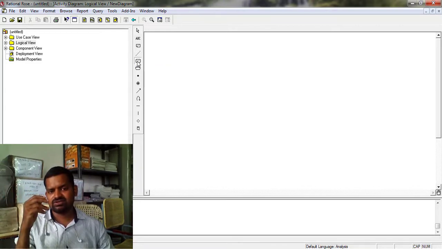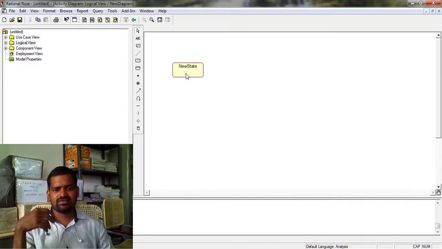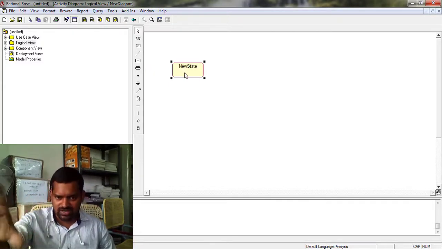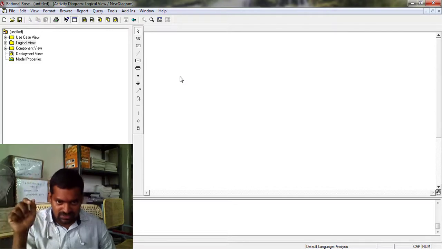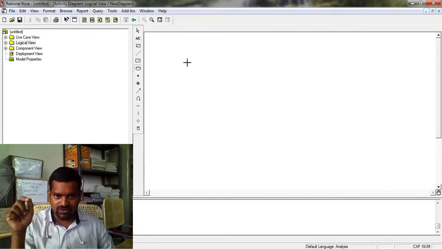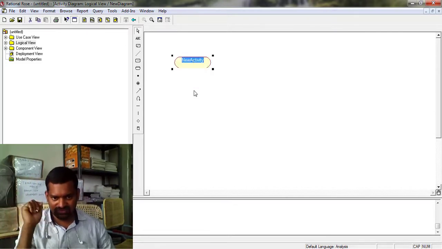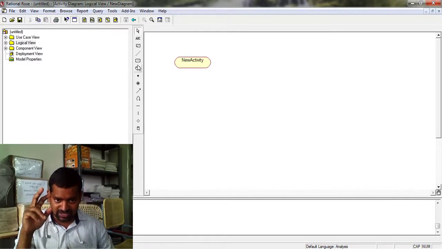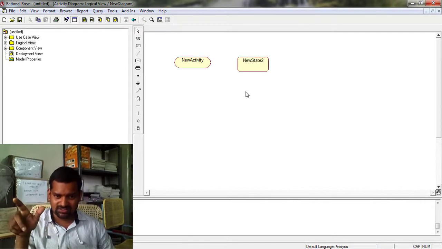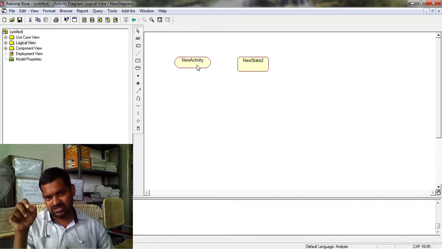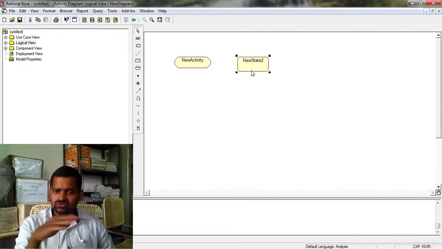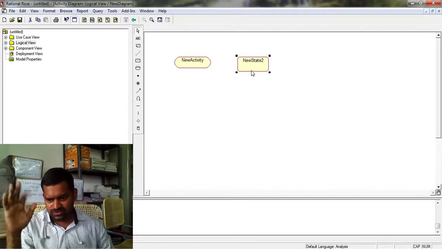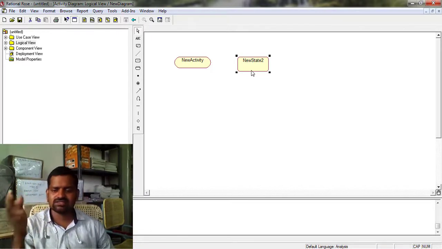For state representation, you use this, with rounded corners. Activity is represented with rounded edges. This is activity, this is state. We don't want state now; we will use state in other classes.